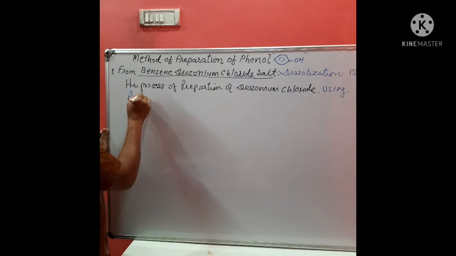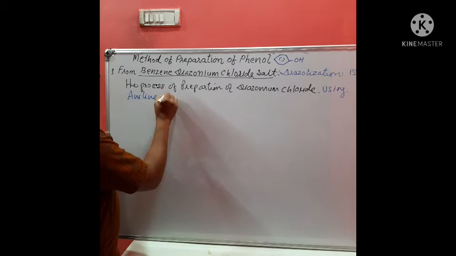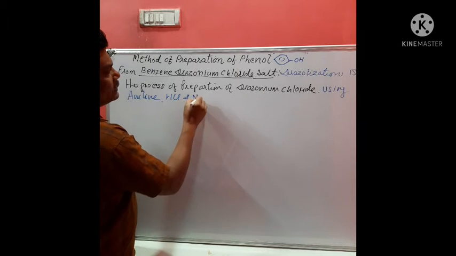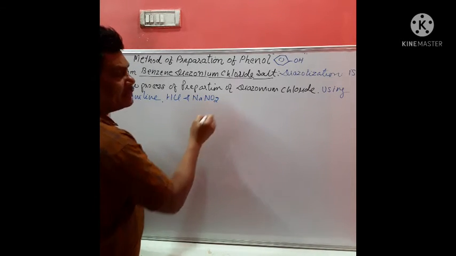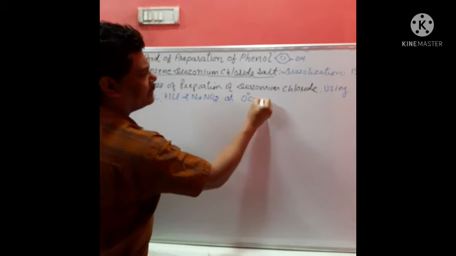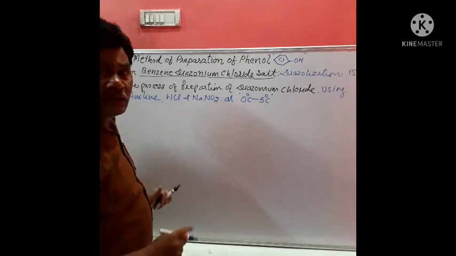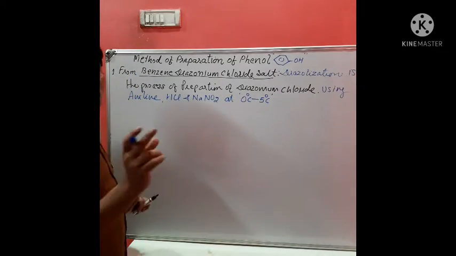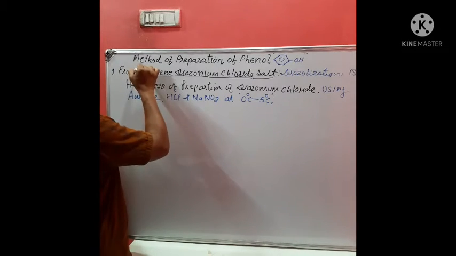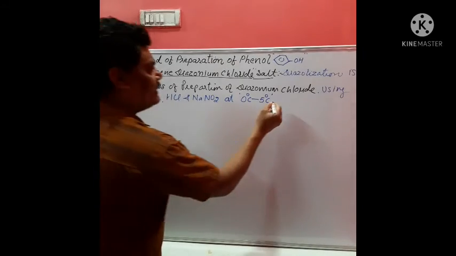You know, aniline, HCl, and sodium nitrite at 0 degrees Celsius to 5 degrees Celsius temperature. Isn't it? That means in an ice cold atmosphere. So from this process, first we have to prepare what? Benzene diazonium chloride salt. Then